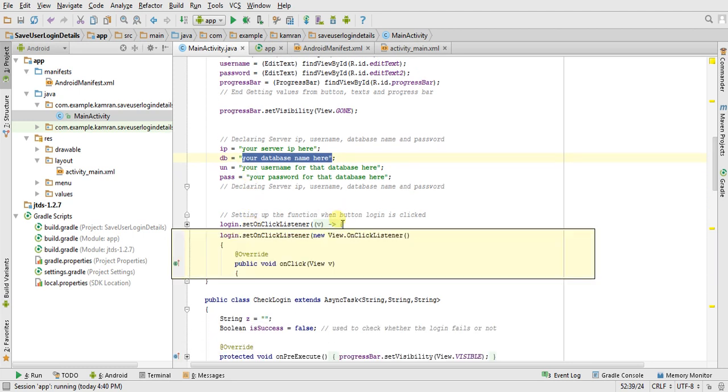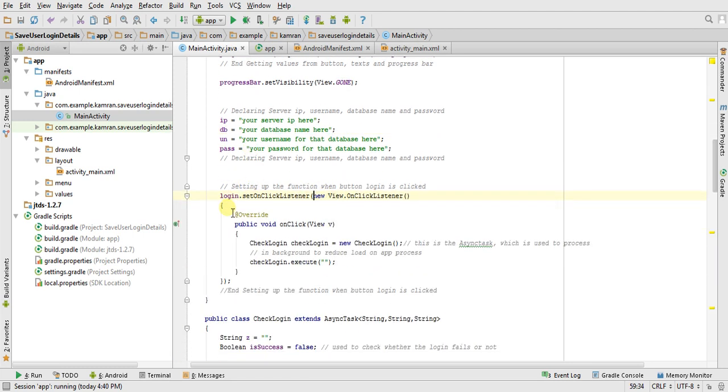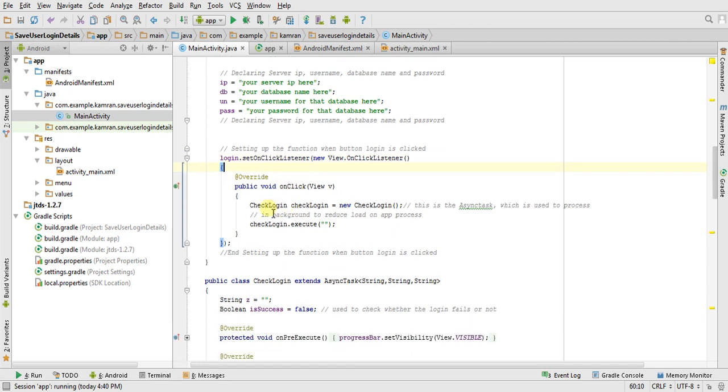After doing this, here I have created a setOnClickListener which would be called when I click on the login button. In this function, I have made an async task which is used to process in the background to reduce load on application processes. Actually, async task contains three methods.